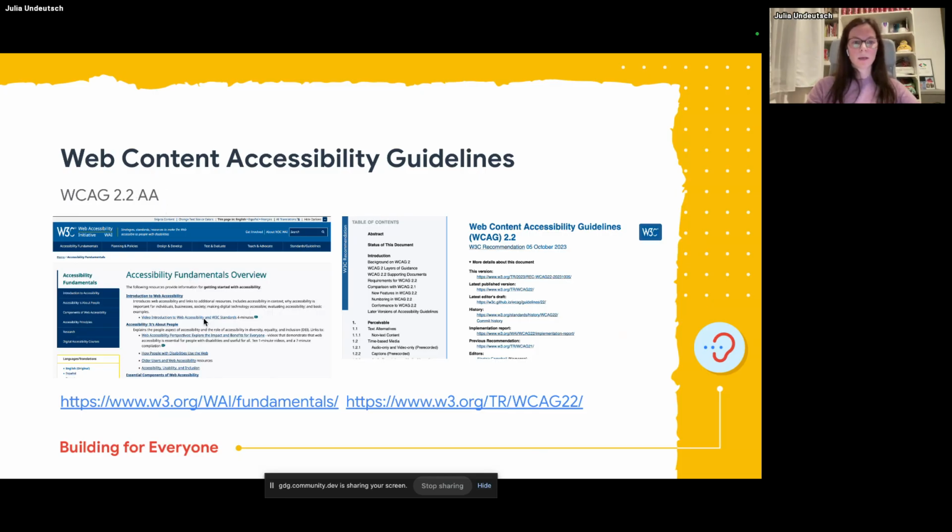And in the guidelines, they explain in very, very detailed, I would not say they explain it very well, but very detailed and hard to understand, especially in the beginning, what you need to do to create accessible elements for the web, and how to create accessible mobile apps. Yeah, I mean, give them a try. But I think after a while you will get used to it.